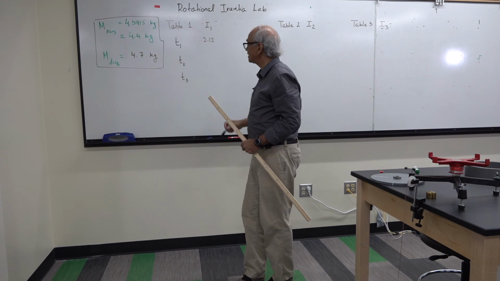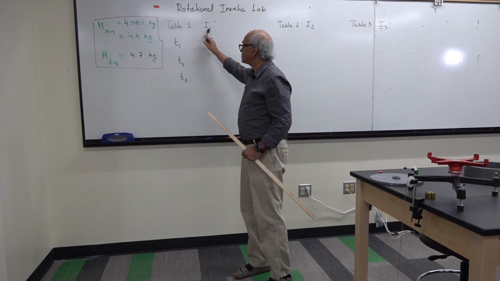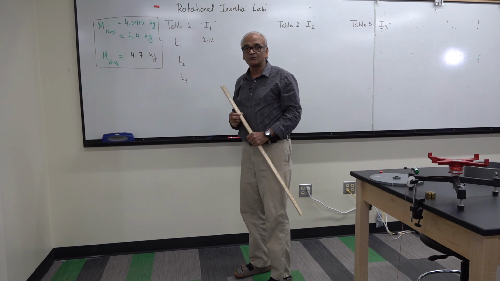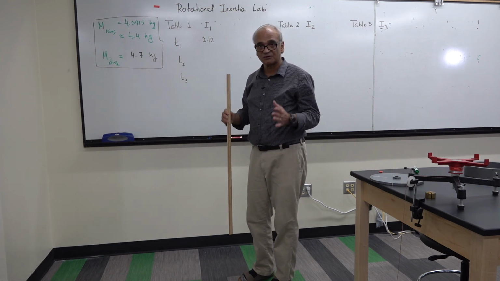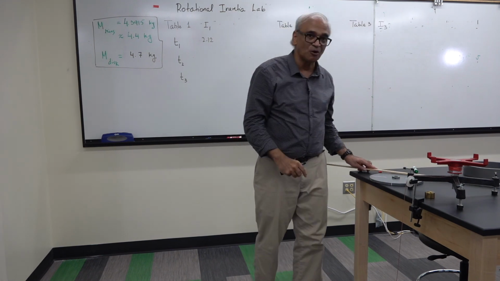We're going to come back and notice that this is table 1, and I wrote here I1. This I1 doesn't go with it. This is T1, 2.12 seconds. I1 means that we're going to measure the moment of inertia of the cross. That's the I1. Okay, so we will do 2 more time measurements,